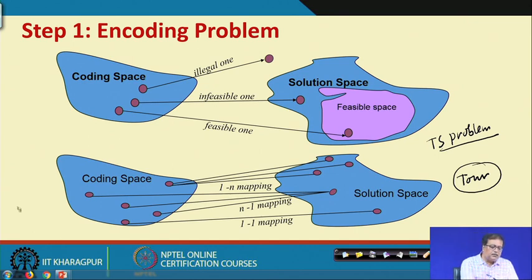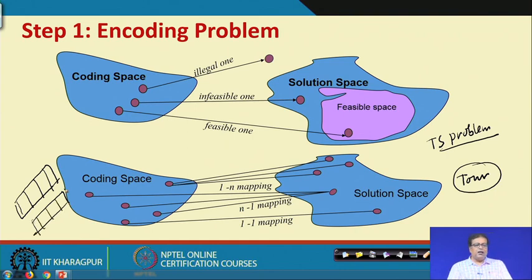On the other hand, the chromosome that you define, or a number of such chromosomes that you define for carrying out the problem, that is your coding space. So, the coding space and the solution space, as you can see, this is the feasible solution space, there could be other solutions which are infeasible. In the coding space we can have feasible solutions, we can have infeasible solutions for constraint problems, and there could be some that could be illegal ones.